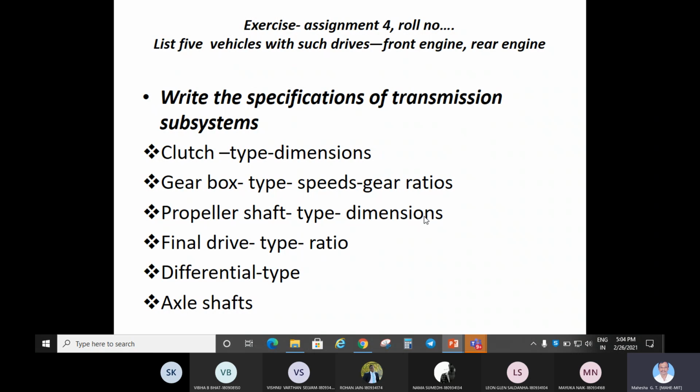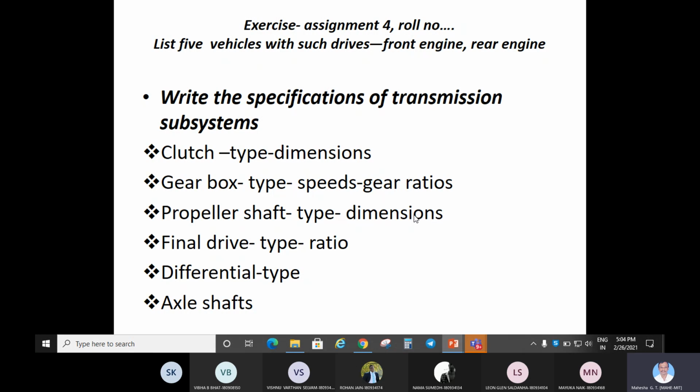Propeller shaft: what type of material is used, and the length of the shaft is one dimension I told the other day. What is the other dimension of importance for the propeller shaft? Can anyone tell me the 2 important dimensions while designing the propeller shaft? Radius and length. Yes, one is the diameter, the other is the length. Length should be shorter while diameter can be broader, in order to minimize the whirling or whipping tendency of the shaft or to raise the critical speed of the shaft. This was explained in the last class.